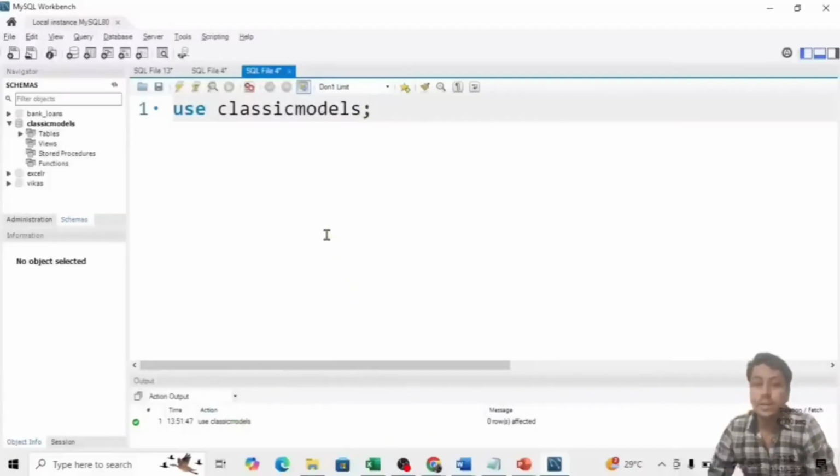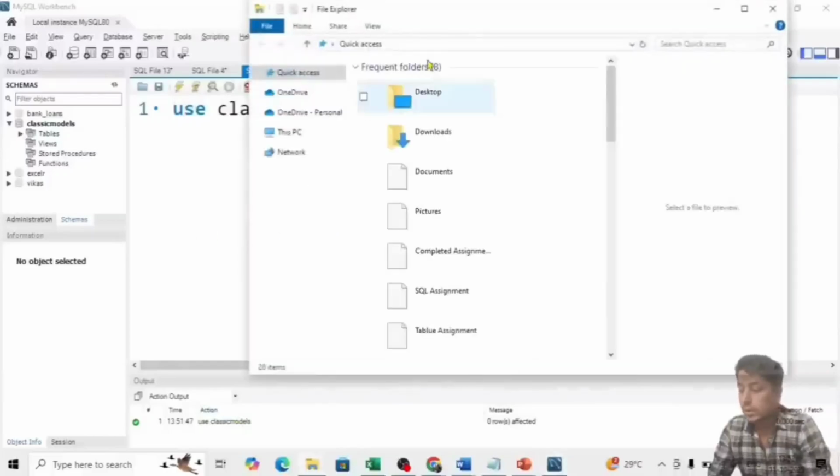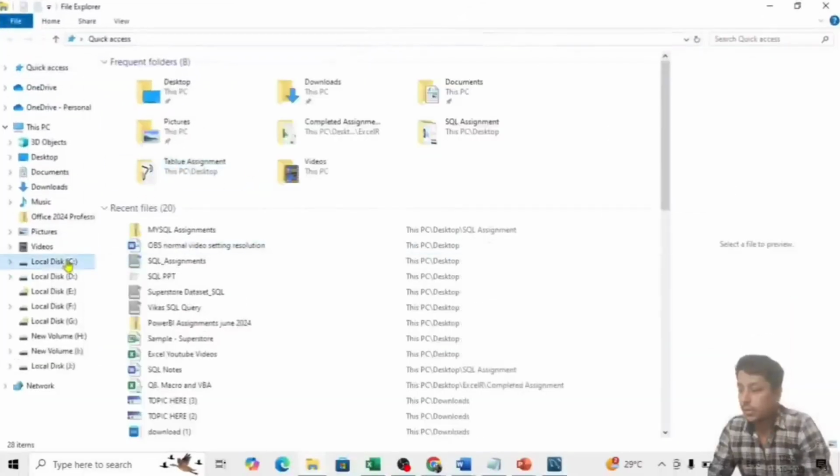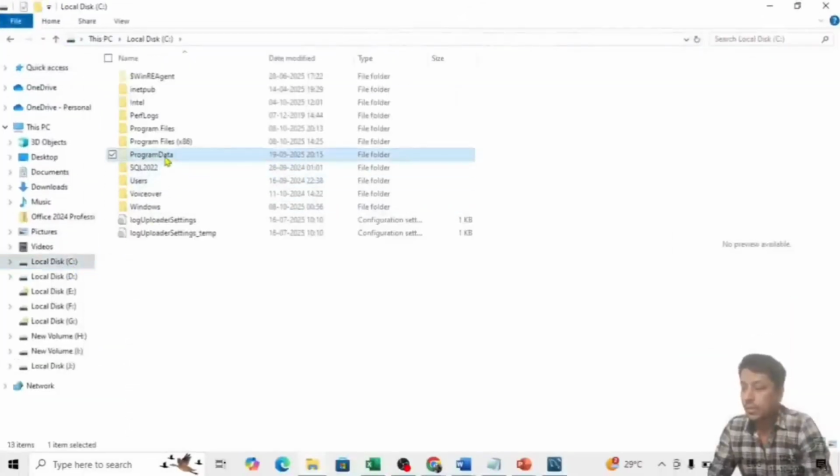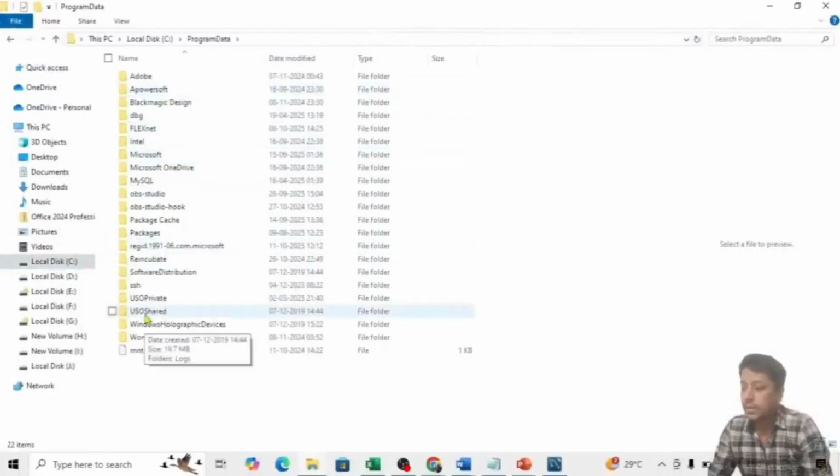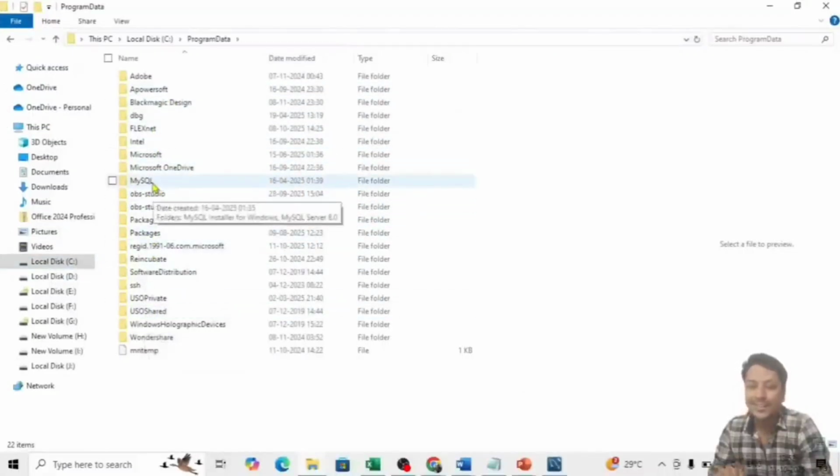So in that condition, you have to go to your C drive, right? You have to go to your local drive, then ProgramData, then you can see Microsoft. Sorry, sometimes I call it Microsoft. It is not Microsoft. It is MySQL, right? So please bear with me.